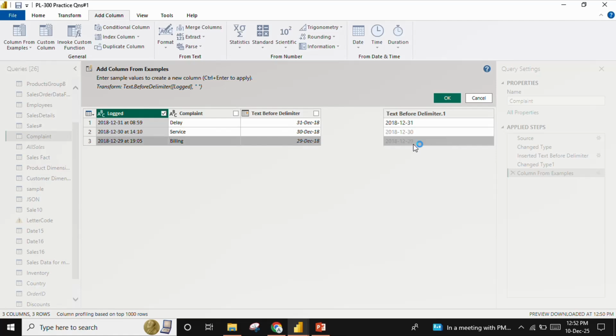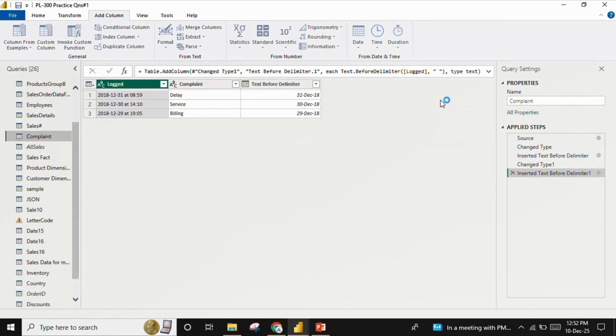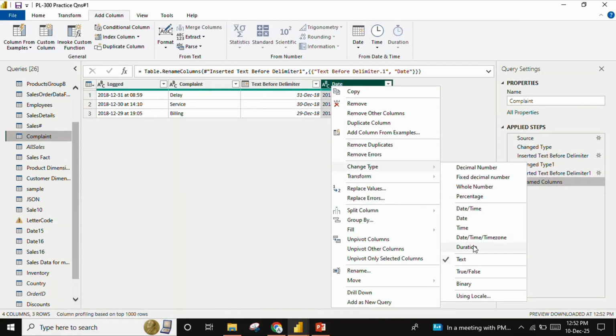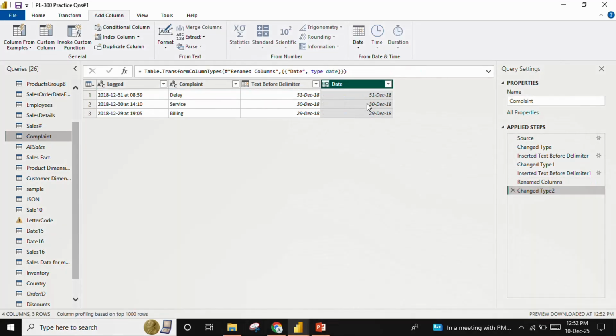Now the remaining will be created automatically. Click OK. Now you can rename this to logged date. Okay, now you can see this data type is text. Now change this data type to date. Now it's ready. When the data type is date, the built-in hierarchy will be created, and now we can analyze this